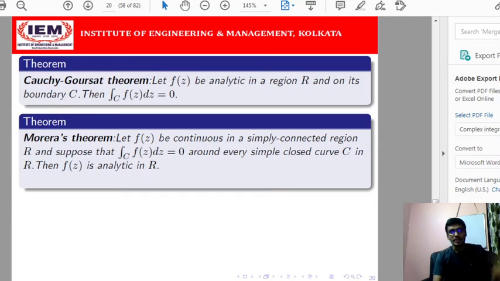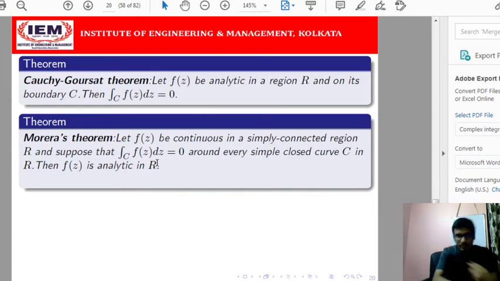As per Cauchy's theorem, we know that if the function f(z) is analytic and f'(z) is continuous, then the line integration with respect to the given curve C will be 0. Now if we consider the reverse, that means f(z) is continuous in a simply connected region R and the line integration is 0, then we can say that the function f(z) is analytic. f(z) is an arbitrary function that is given to us, and we know that it is continuous in the simply connected region R, and it is also given that the value of the line integration with respect to the given curve C is 0. So what is C? C is the curve by virtue of which the region is bounded.